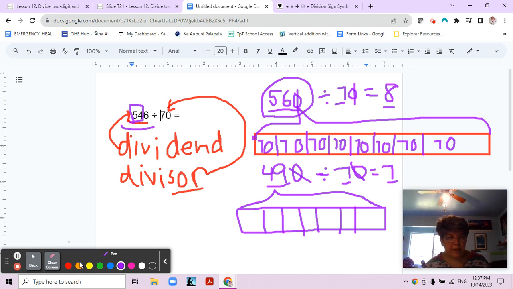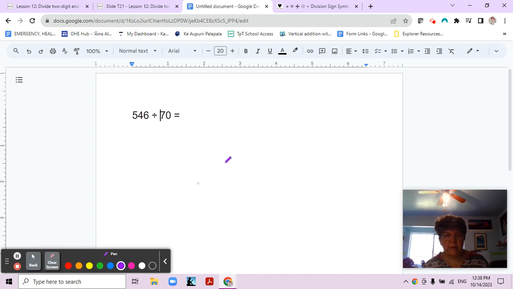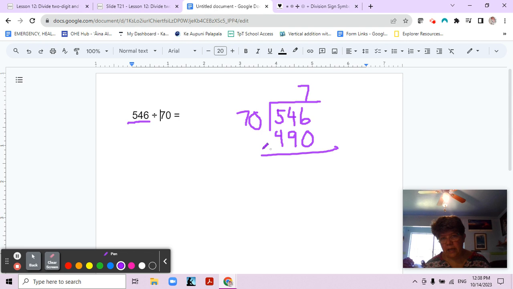All right, so let's clear this off and do a vertical form, okay? There we go. All right, so vertical form, remember that your dividend is going inside the house. So draw that one first because that's the first number, and then draw the house, okay? Yeah, all right, so let's practice our vertical form. Now we made 7 groups of 70, and that was 490, right? Because we know that 7 times 7 is 49, so 7 times 70 is 490. See how that works? And then we can subtract,